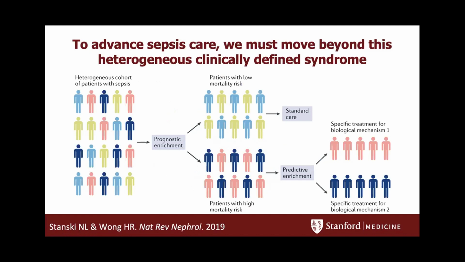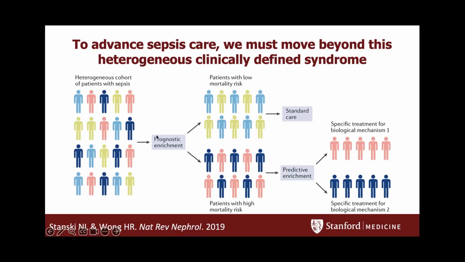And so this really brings us to this key idea moving forward in trial design and honestly management of sepsis, which is outlined extremely well by Stansky and Wong in their review. Essentially, the central tenet is that sepsis is a heterogeneous condition and that this heterogeneity biases our clinical trials to the null. So we have to develop better biology-based subgrouping methods and target our interventions based on this biology. So here are the multiple steps here.